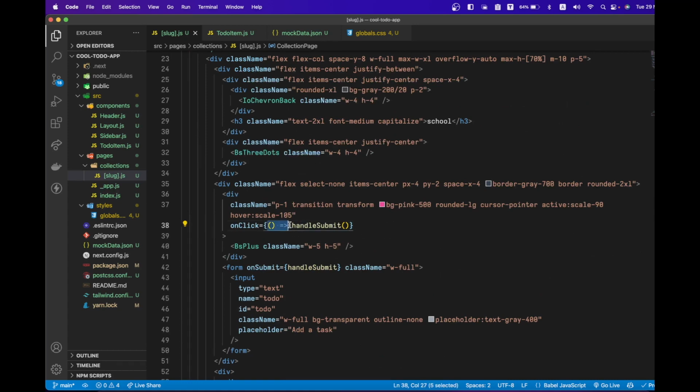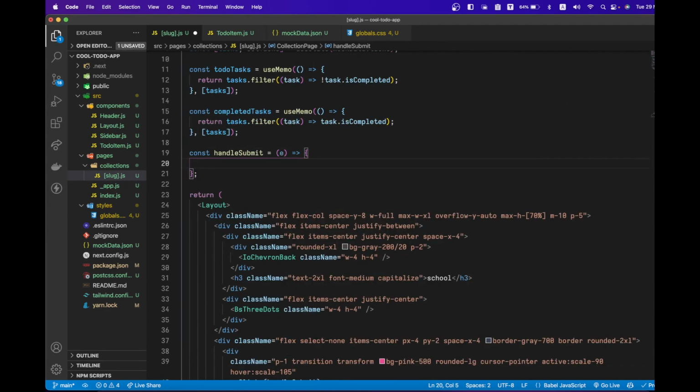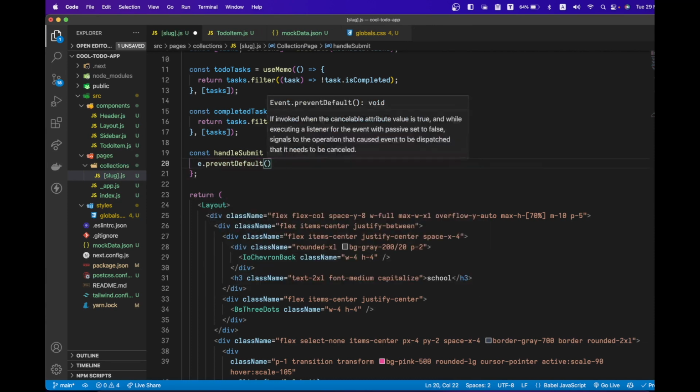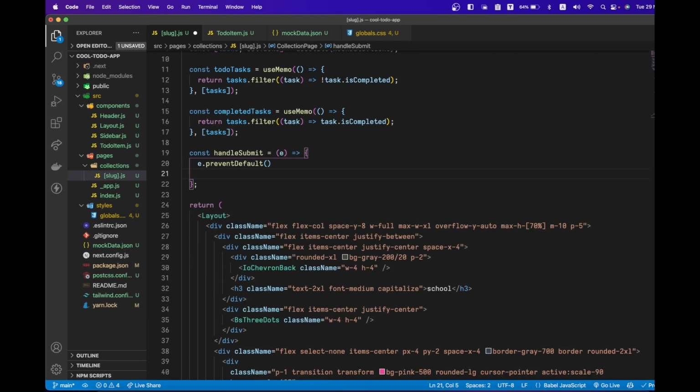Or we can just call this like this, and we have here event, and we will prevent default. We will use event.preventDefault to prevent the default behavior of the browser to refresh the page after form submission, and we will use